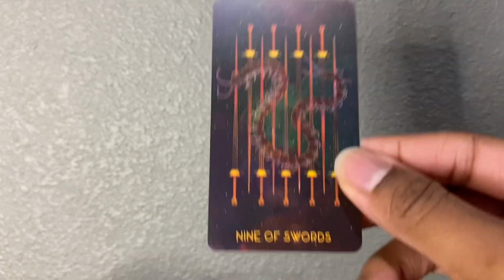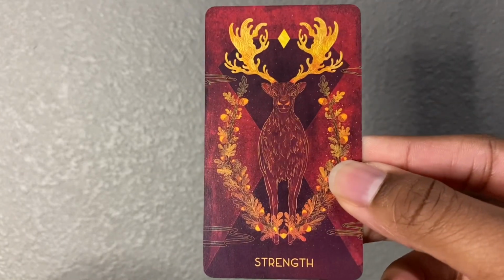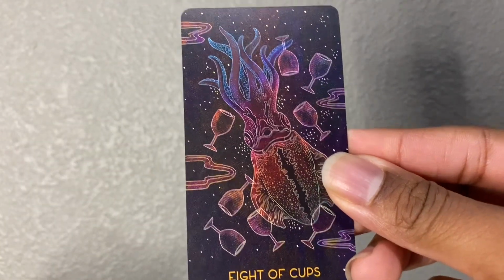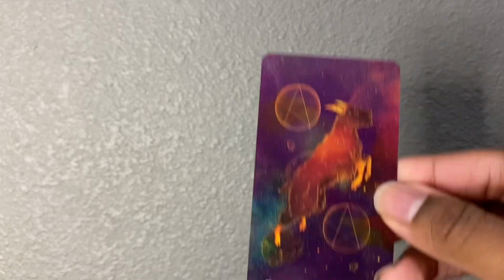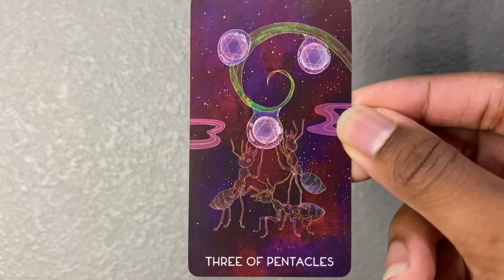Justice, Nine of Swords, Five of Swords, the Emperor, Strength, Four of Cups, Page of Cups, Eight of Cups, Two of Swords, Two of Pentacles, Four of Pentacles, Knight of Swords, Three of Pentacles,